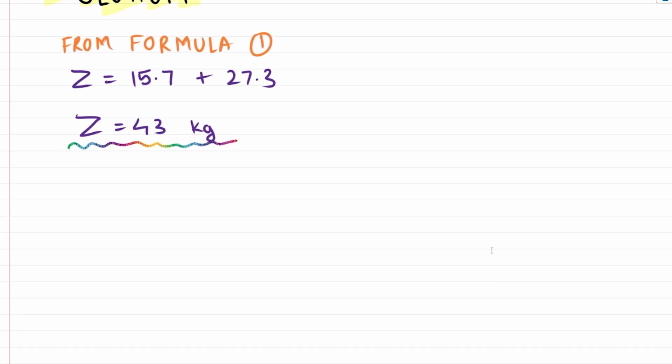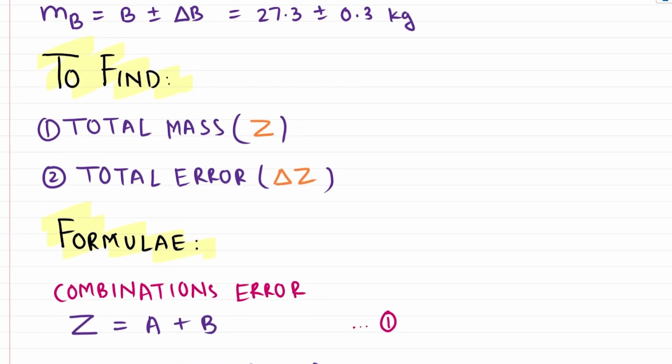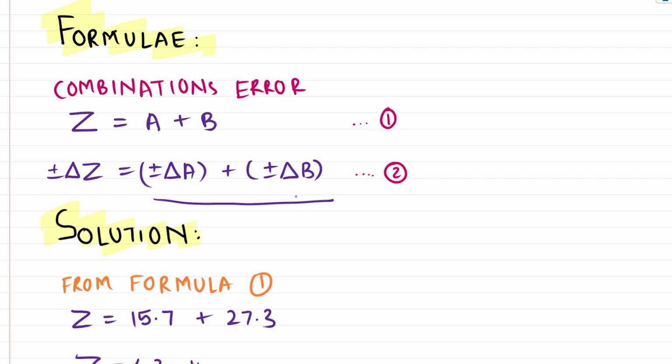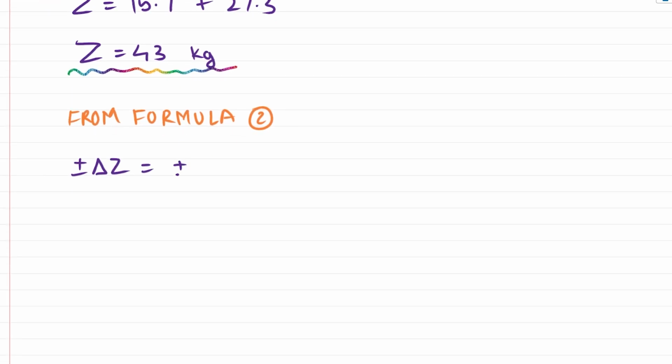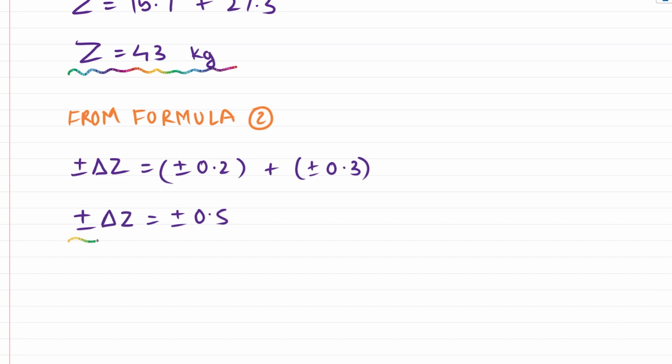Now let us calculate the error involved during the calculation of this mass. So I can say from formula 2, we can calculate the error involved with the total mass. So which, as per our formula, is simply the addition of the two errors. So if we were to do it, we would be plus minus 0.2. That is the error involved with the reading of mass of object A, and then plus and minus 0.3, which is the error involved for the measurement of object B. And if we were to add these two errors, I would get my resultant as plus or minus 0.5, which is the error involved in the calculation of total mass, which is also the second part of our numerical and